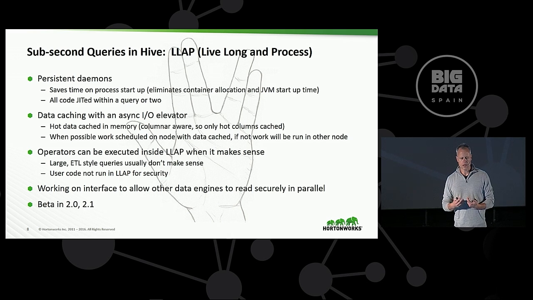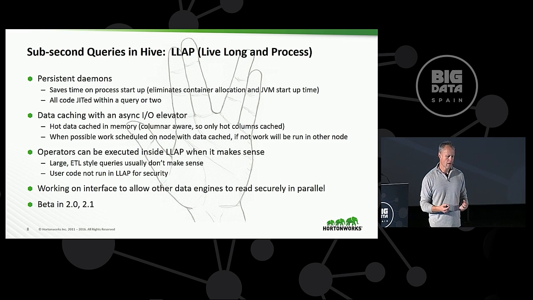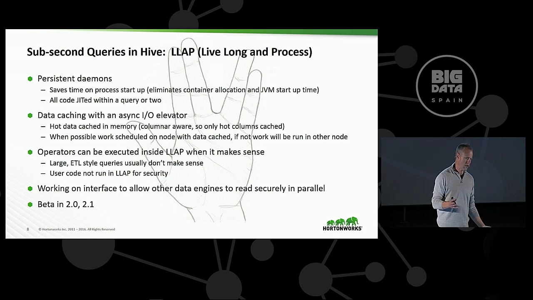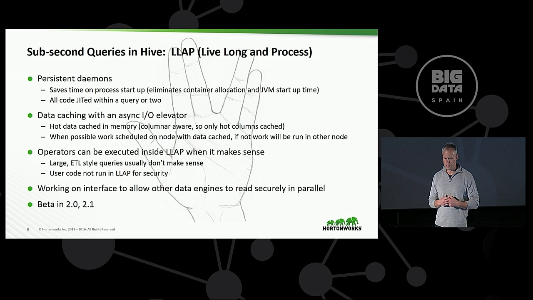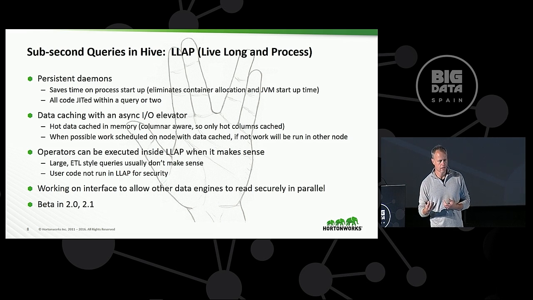Okay, so what did we put in these persistent containers? How do they run? So if you want to use LLAP, you start up Hive, you tell it how many nodes you want for this. You don't need to put one on every node in your cluster. In general, we would not expect you to do that because we don't expect other applications running on that same node as an LLAP daemon, because the LLAP daemon is basically going to want to take all the memory it can. So you dedicate some amount of your cluster to this, and then these daemons can cache the hot data sets and